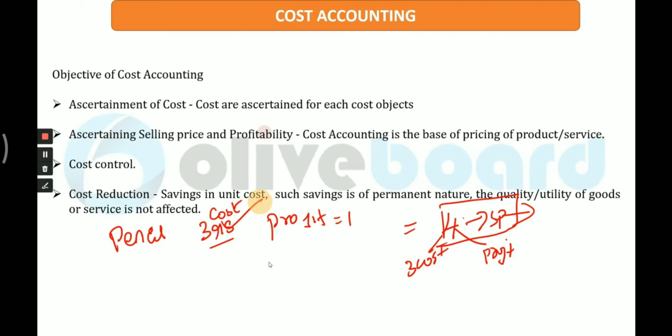Savings in a unit cost is also a cost reduction, guys. If you switch off the power every time when you get up and leave, that will save electricity. So every unit, every cost saved is a saving, and it leads to cost reduction, right? How will you know that? Only when you know that cost has gone high, and you want to reduce it. If you don't have that knowledge that your cost has gone high, then